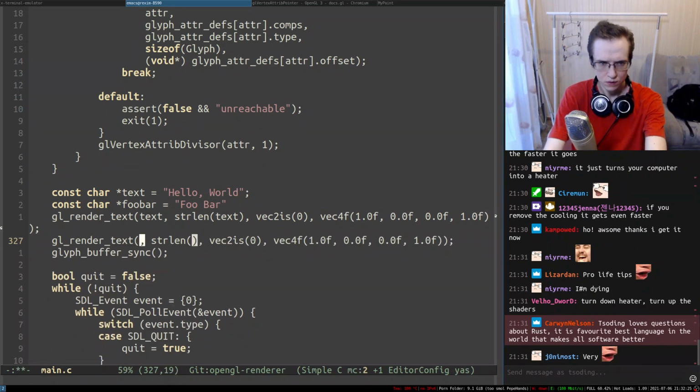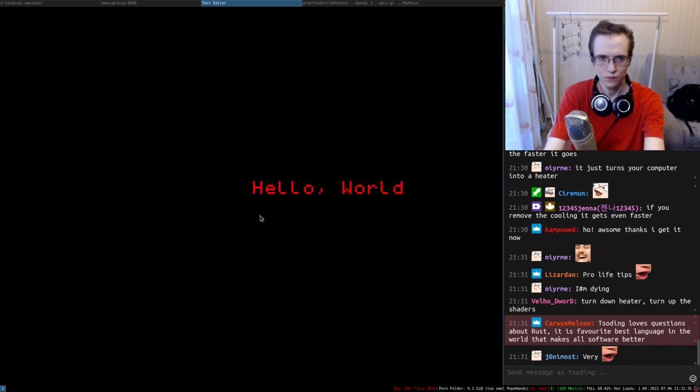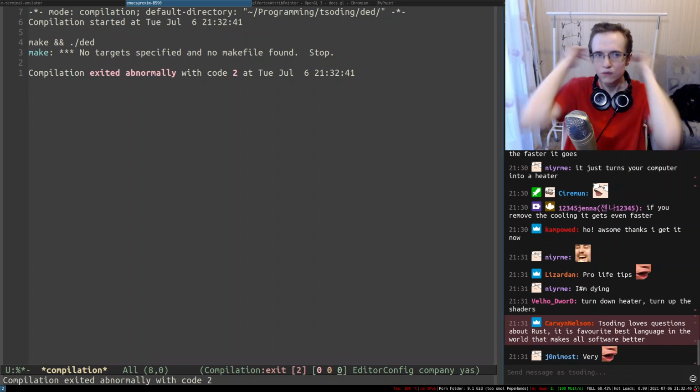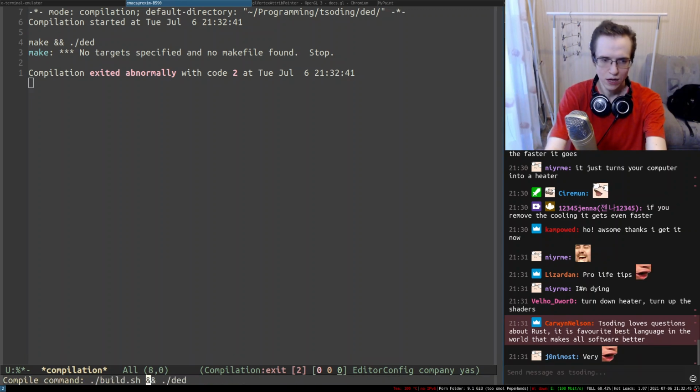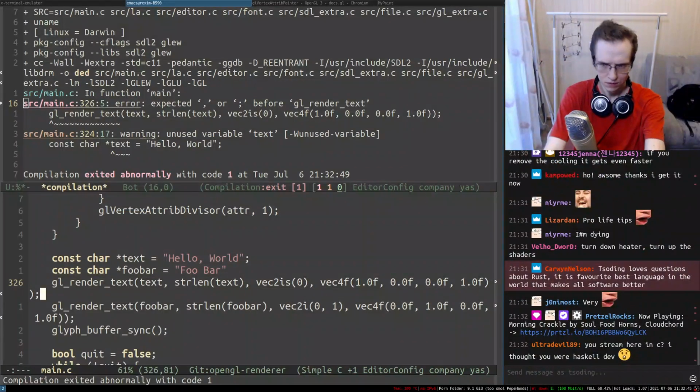So foo bar, and here we're going to be using row 1 for the foo bar, and we're going to use the green color, right? So, and it didn't work because I didn't recompile everything. Okay. Very POG indeed. Is it Node? I think it is.